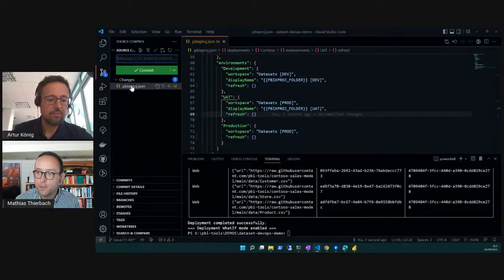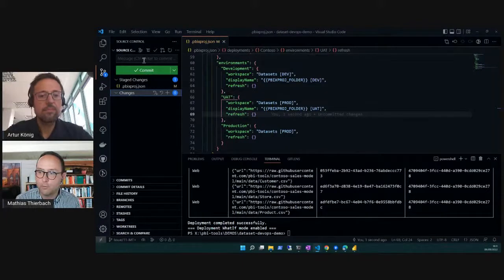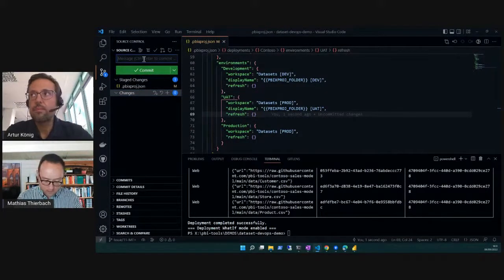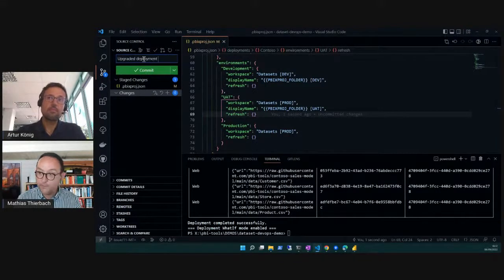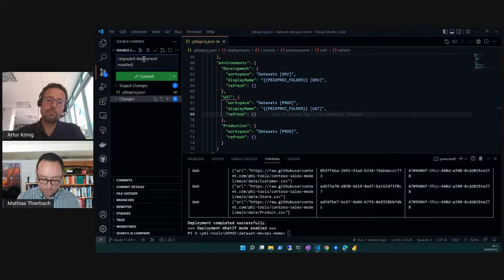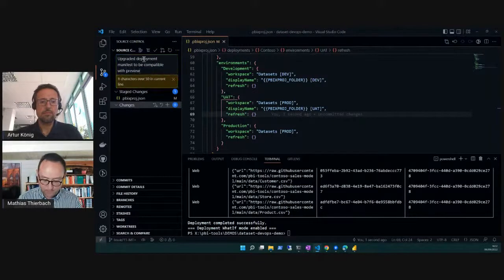So what would I do? I would basically stage this particular change, and then I would say, let's say, upgraded deployment manifest to be compatible with preview 4. So that's that. However, there's one really important thing which I haven't done yet, which is if you want to